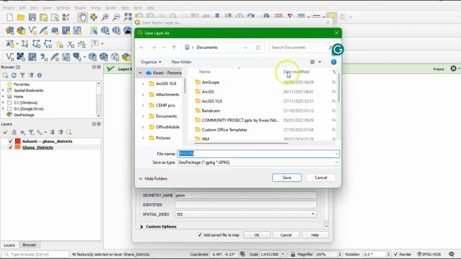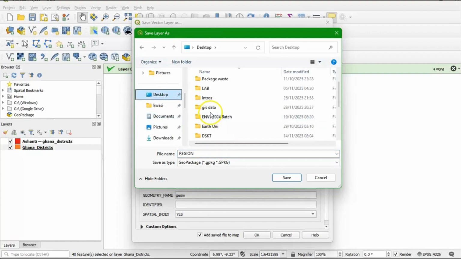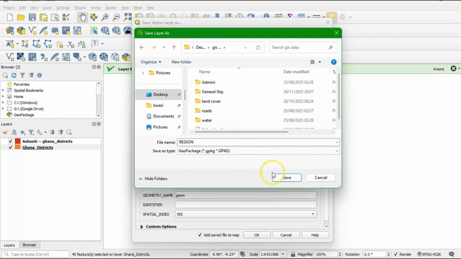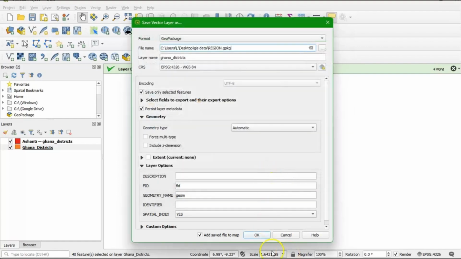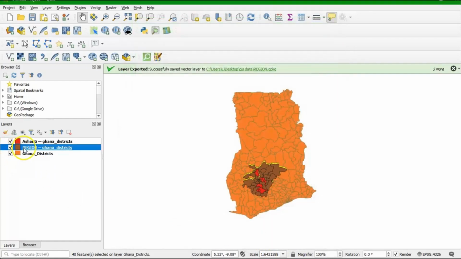Let me find a place and then save it. Where did I even save the first one? Desktop, and I went to QGIS data. Okay, so let me save this one too here, and then click on OK. It has also